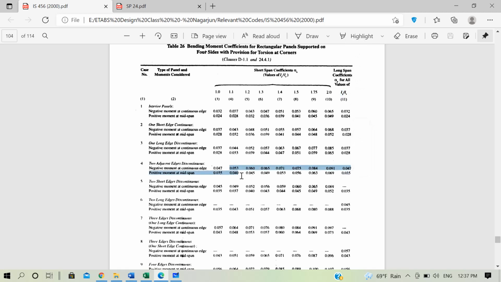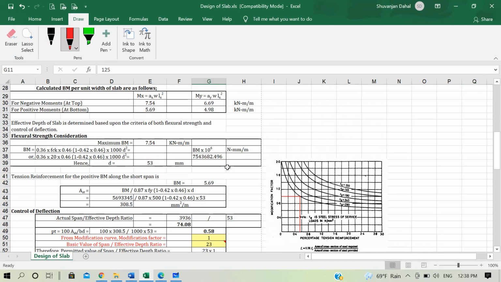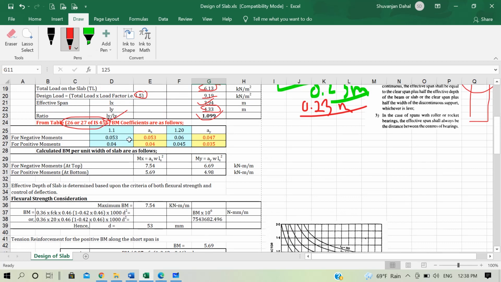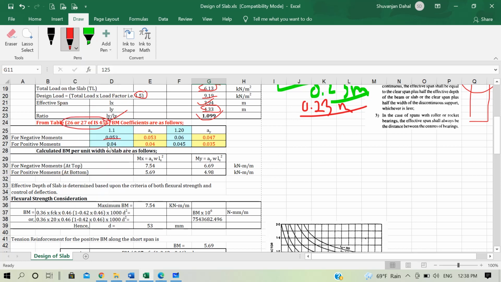So these four values, 0.053, 0.040, 0.047 and 0.035, I am extracting to my Excel sheet. These are the alpha x and alpha y values,